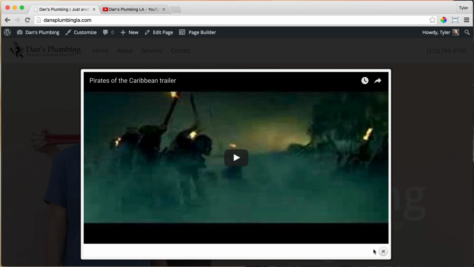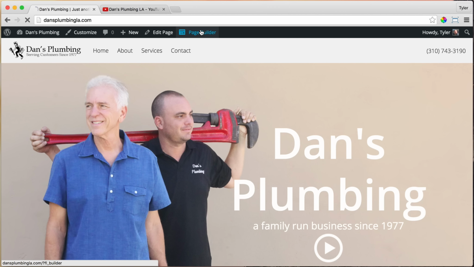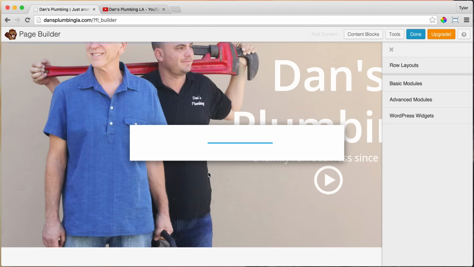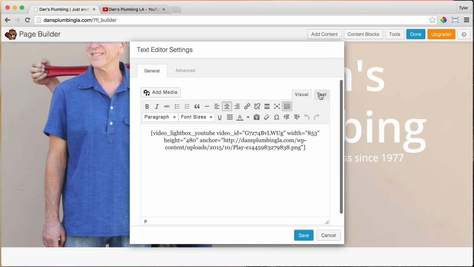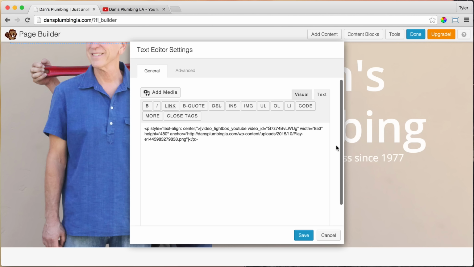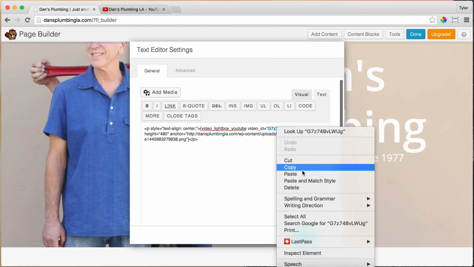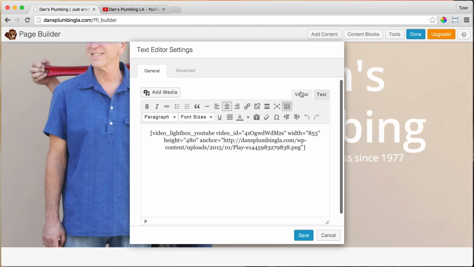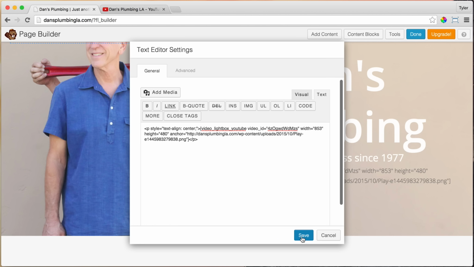And I did something wrong because it's still the Pirates of the Caribbean trailer. So obviously I forgot to copy the embed code. So click on this again, the edit, and that's okay. Go back to text and make sure to copy this v equals right here, copy, and paste it. All right, so now we have our video in there and not the other Pirates of the Caribbean video. All right, then press save